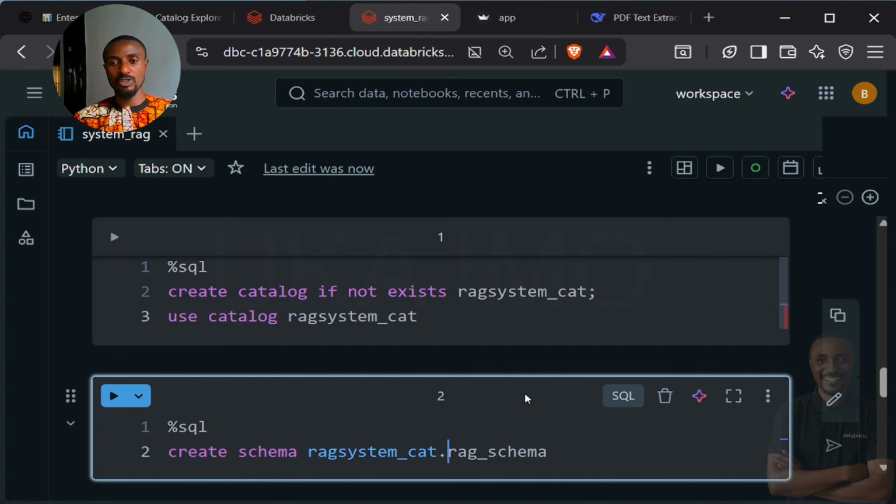Now, if you are using VS Code, you tend to be more direct. But since we're using Databricks, a unified AI and data platform,